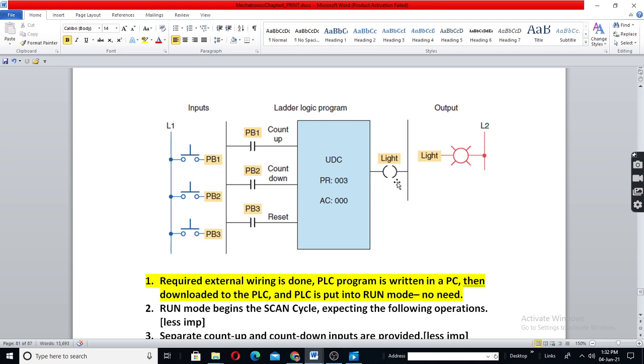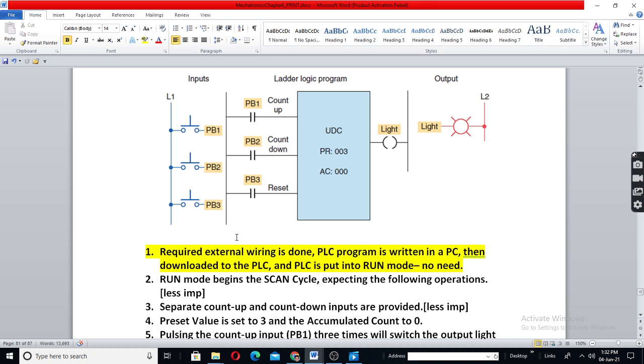Still output will be on because accumulator is equal to or more than preset. Pressing one more time, accumulator will become 2, means preset is higher than accumulator, so output will be 0. At any time you can reset by pressing PB3.